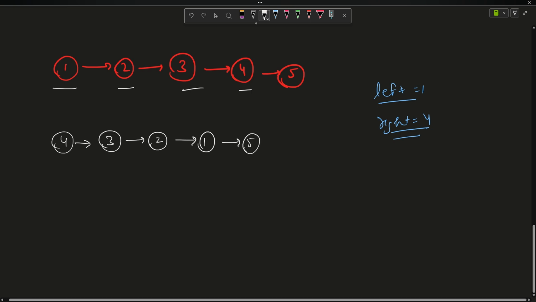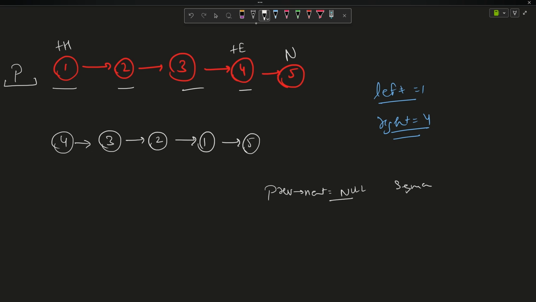The problem here is that when I make the pointers, my temp head will come here, temp end will come here, next will come here. They are all okay, but my previous will remain null. In that case, when I try to break the connection by saying previous next equals null, this will give me a segmentation fault. Because previous is actually null, and you are trying to access something of the null, which is not practically possible, right?